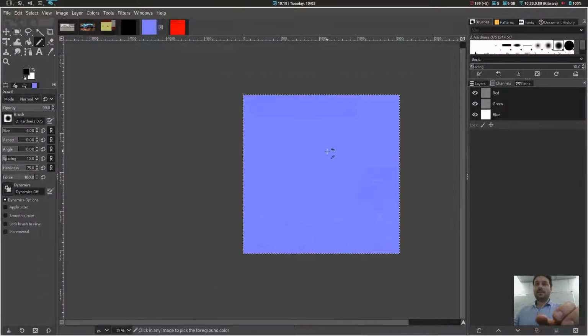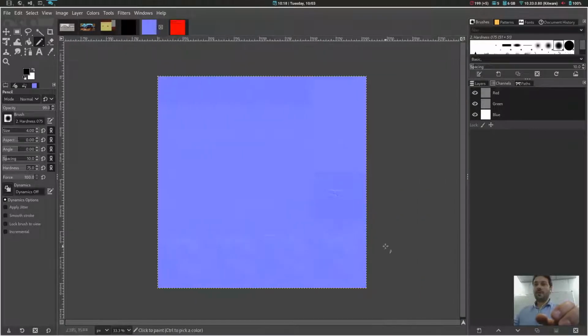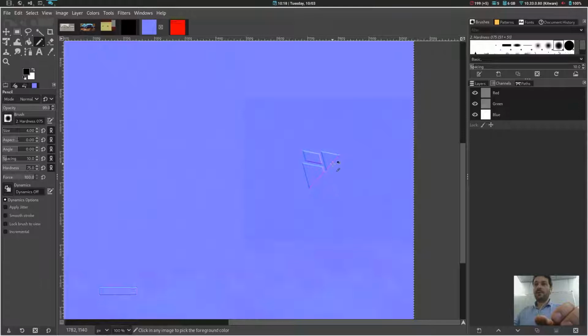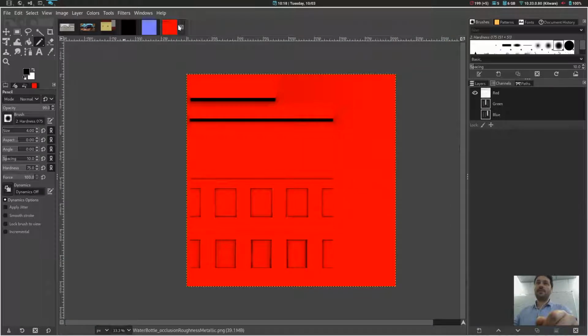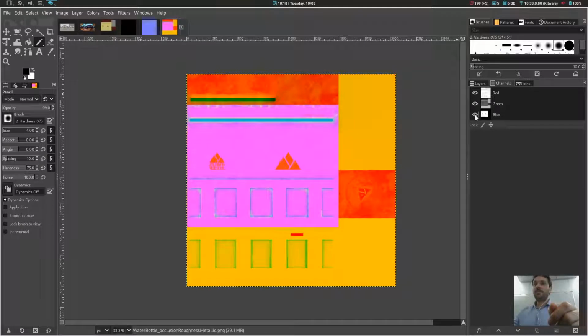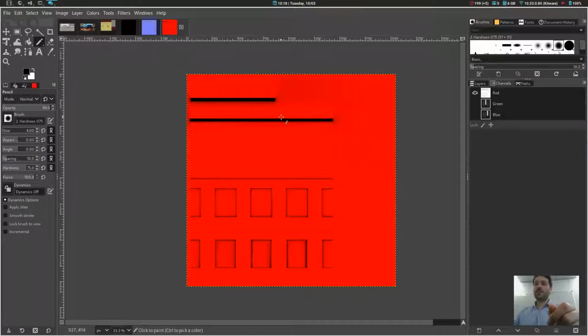This is the normal texture. Not sure if you are seeing it correctly in the stream, but this will encode basically the deviation of the normal on the model. And the last one is the material texture. As I said before, we have actually three components here. The red component will encode the occlusion. As you can see, the black parts are all the shadow that will be added to the material.